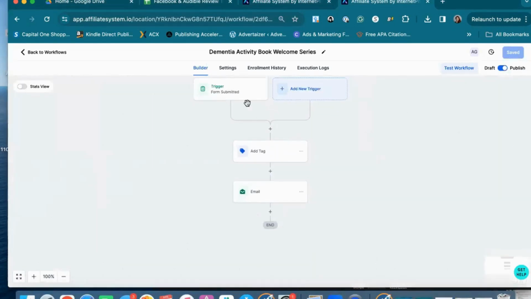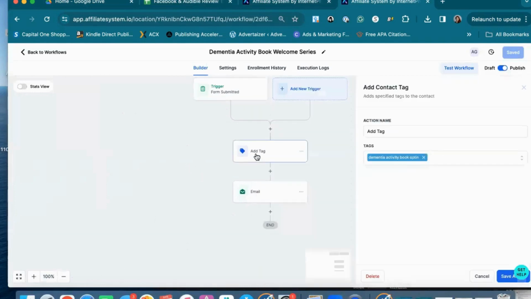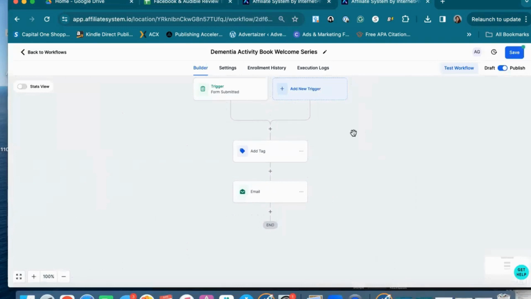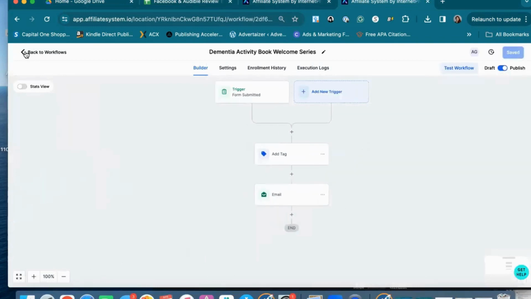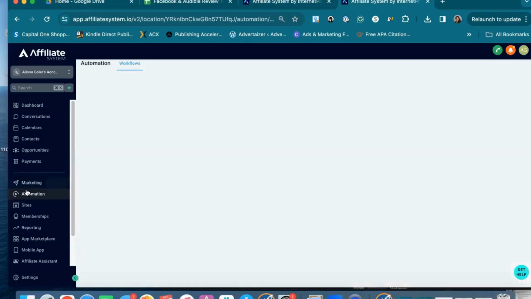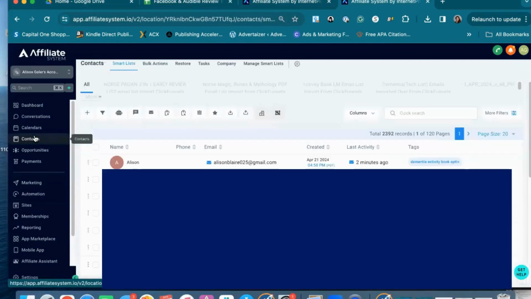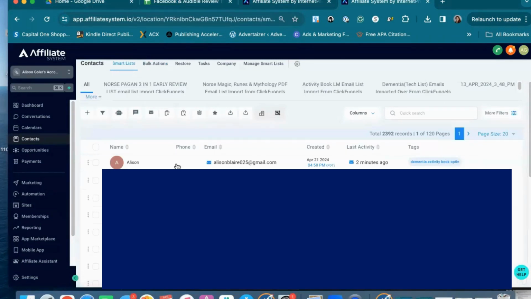So I did assign the tag. Okay, so something's wrong. Form submitted. Now add a tag. Weird. So it should have assigned a tag. I did do it, right? Why didn't it assign a tag is the question. Oh, it did. It was just delayed. Okay, so great. I got that. So now the question is,